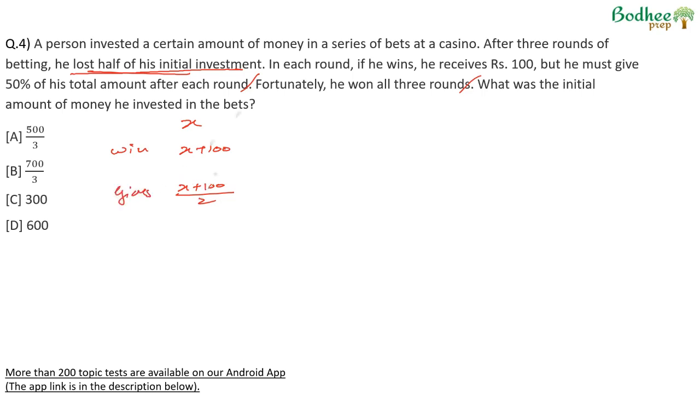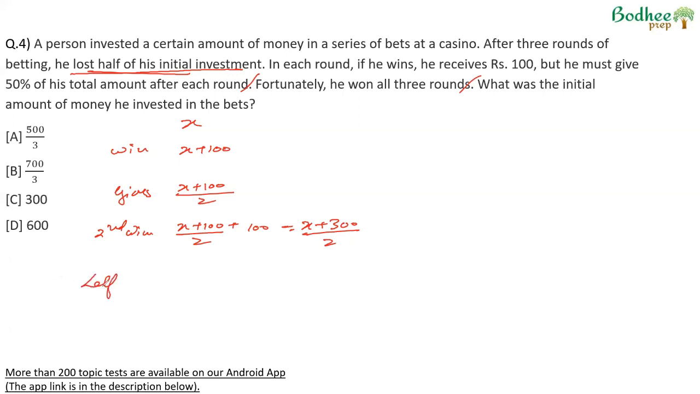So the amount left. Again, he wins 100 rupees, so his amount becomes (X plus 300) by 2. He gives away 50% of this. This is after he wins the second round. At the end of the second round, he has to give away half of it, so he's left with half of what he had at the end of the second round, which will be